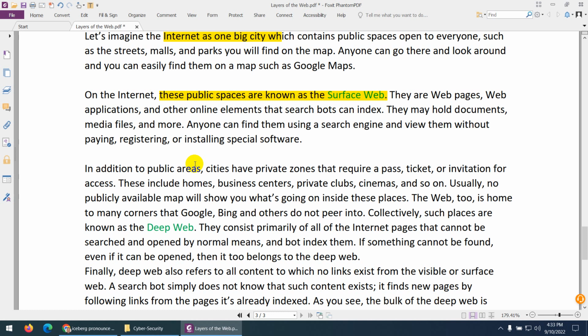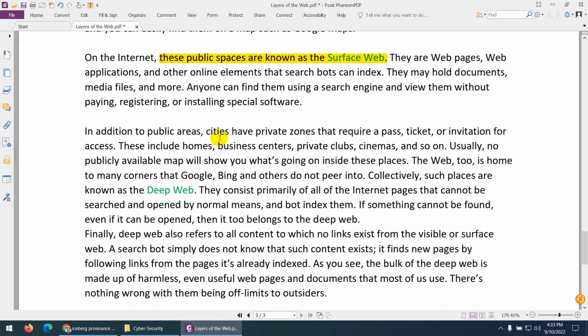Now coming to the second part. In this city, there are many places which are private zones, and they require a ticket or pass or money to enter, such as cinemas, business centers, private clubs, and so on. Suppose in London, if you go to any cinema or any other center, they require a ticket to enter.